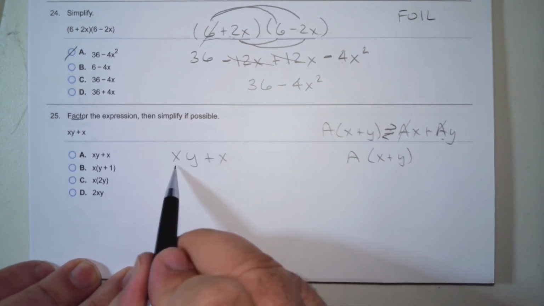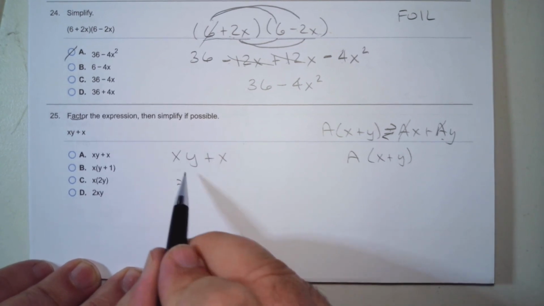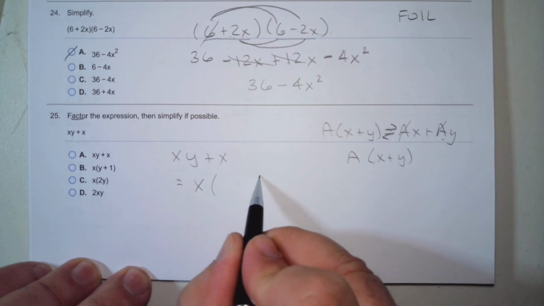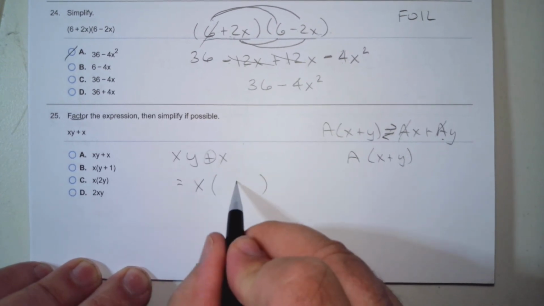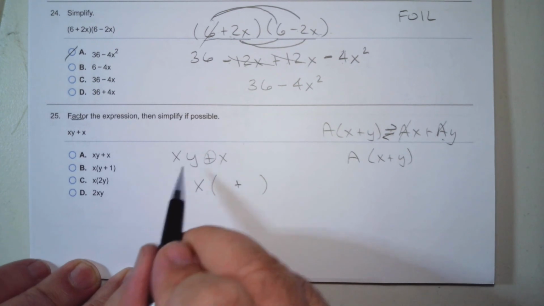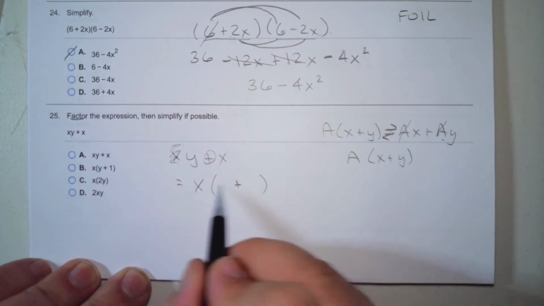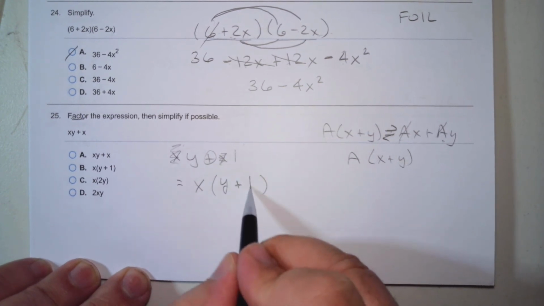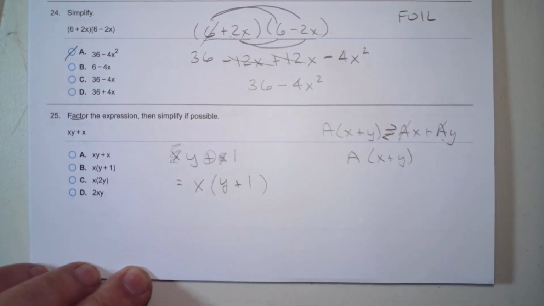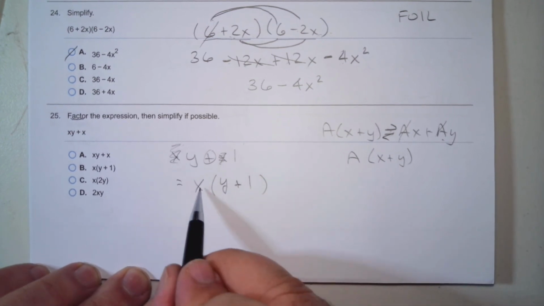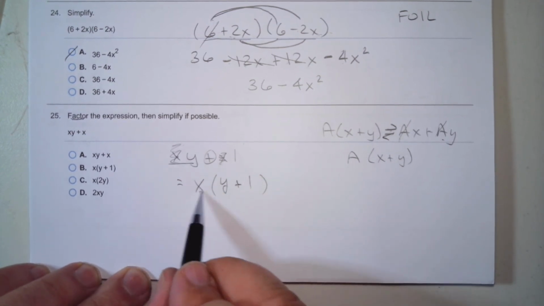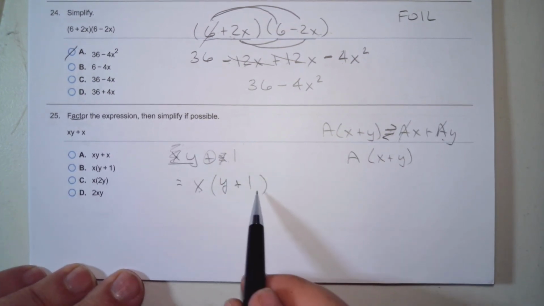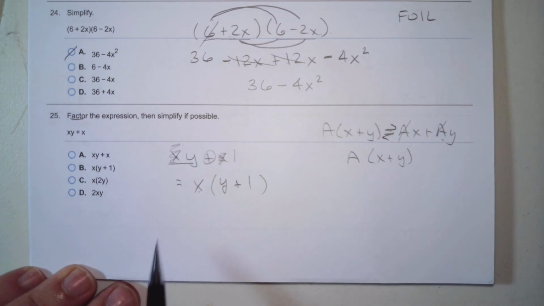So here, what do they both have in common? They both have an x in common. There's a plus, so plus has to go there. If I take out the x here, I have a y. If I take out the x here, there's a 1. Because you always have to be able to go the other direction. x times y is xy. x times 1 is x. So if you ever factor out something by itself, there's always a 1 there. So the answer is